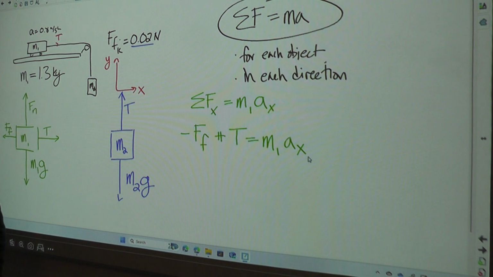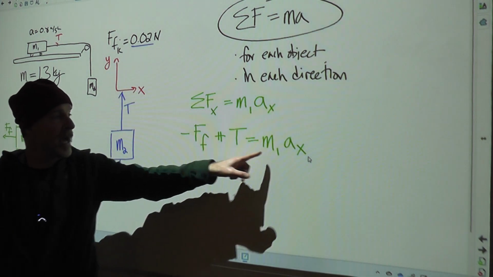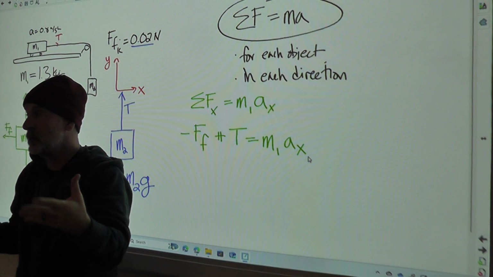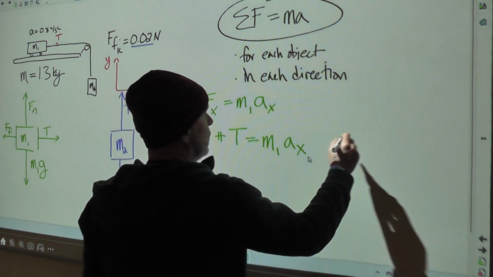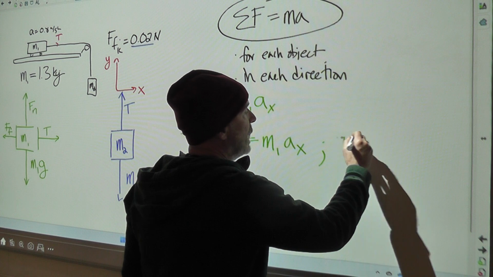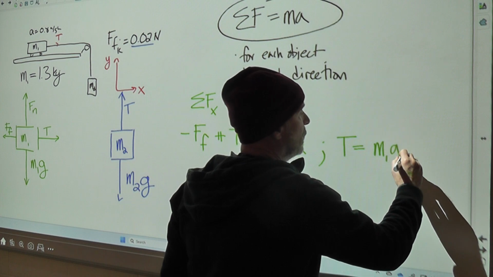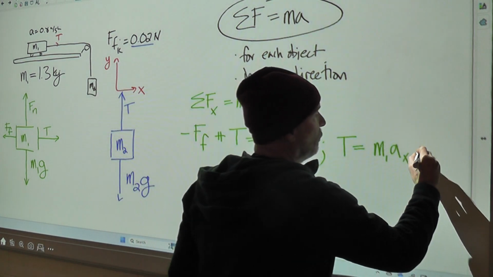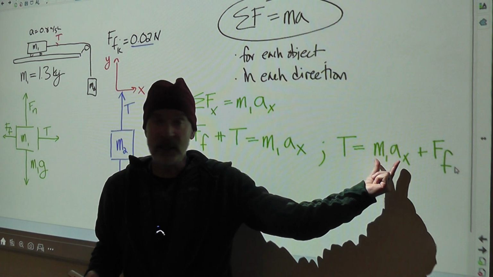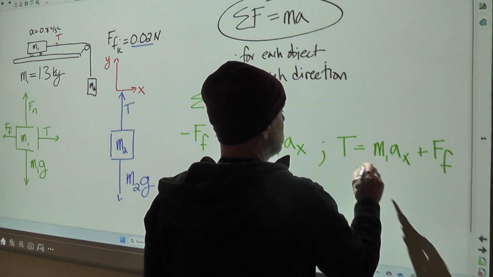What we know for this cart is the force of friction, it's 0.02. We know the mass, it's 1.3. We know the acceleration, we're targeting 0.8. So that means ultimately the more useful algebraic form of this equation is that the tension is going to be equal to the mass of the cart times its acceleration plus the force of friction. Okay? And when you do this, you should find that this is 1.04, this is 0.02. So that means our tension needs to be equal to